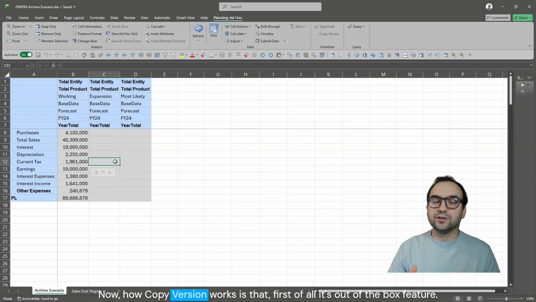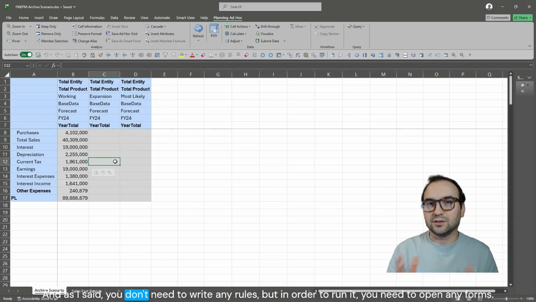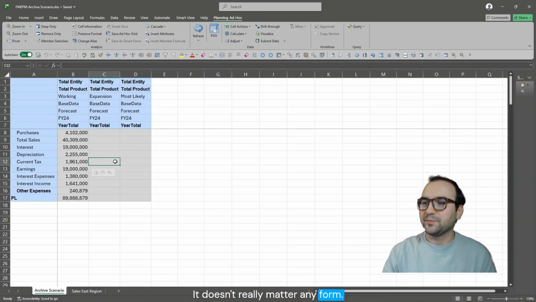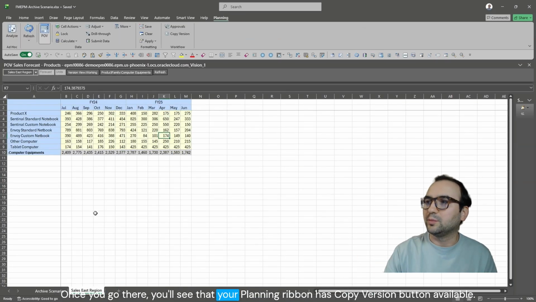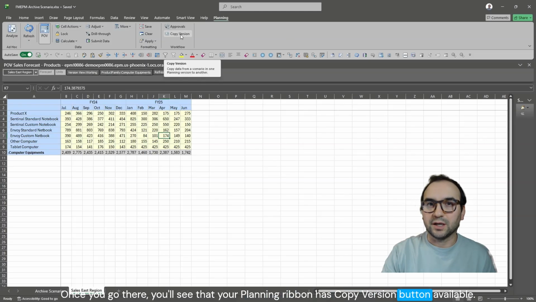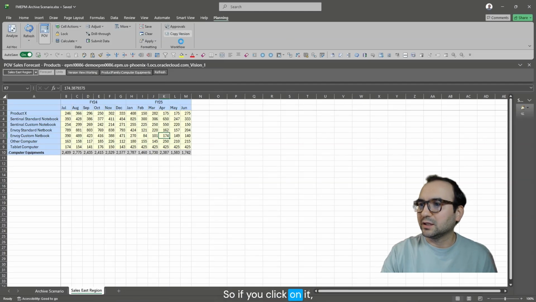Now, how copy version works is that, first of all, it's an out of the box feature. And as I said, you don't need to write any rules. But in order to run it, you need to open any form. It doesn't really matter, any form. In my case, I have here the Sales East Region form. Once you go there, you will see that your planning ribbon has a copy version button available. So if you click on it,